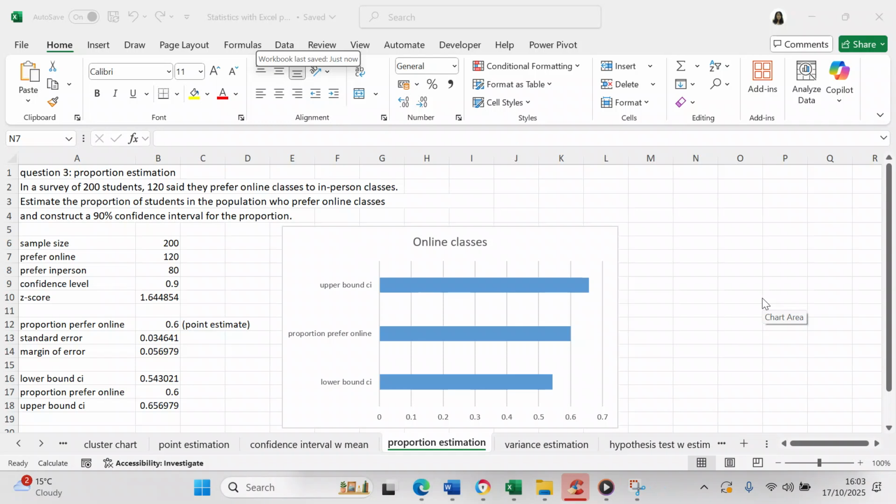In this particular video, what we're going to be talking about is a practice question for a proportion estimation. So in this practice question, in a survey of 200 students, 120 said they prefer online classes to in-person classes. Estimate the proportion of students in the population who prefer online classes and construct a 90% confidence interval for the proportion. So what we're going to do,